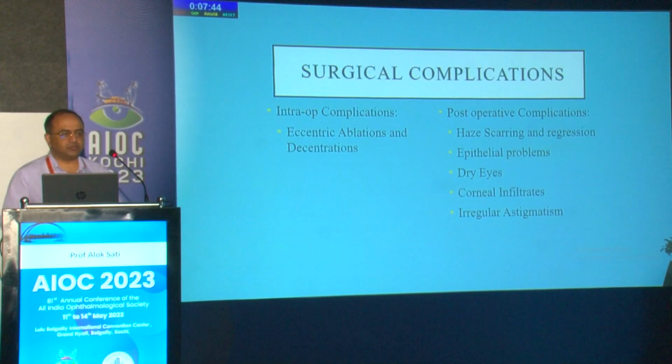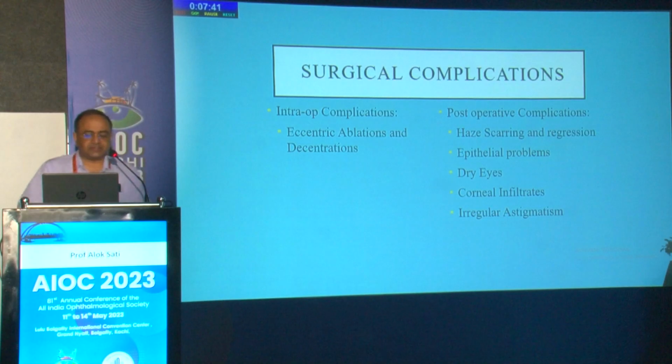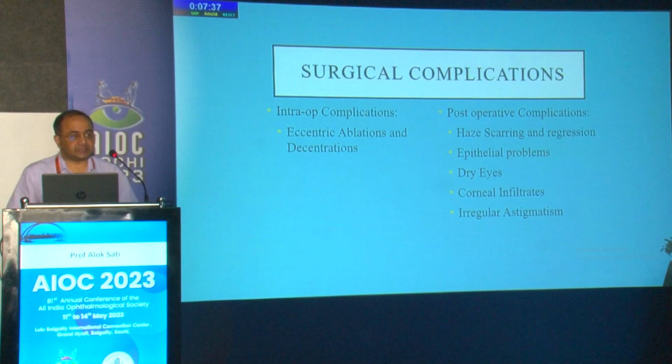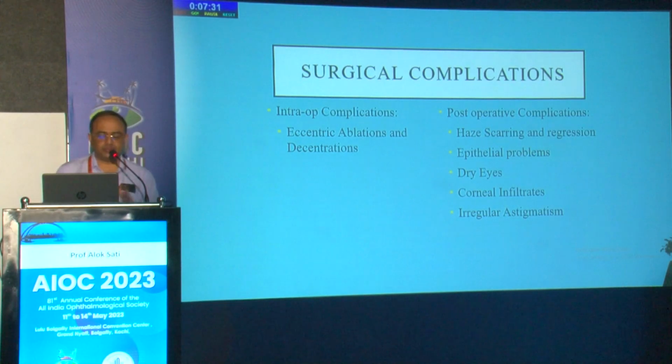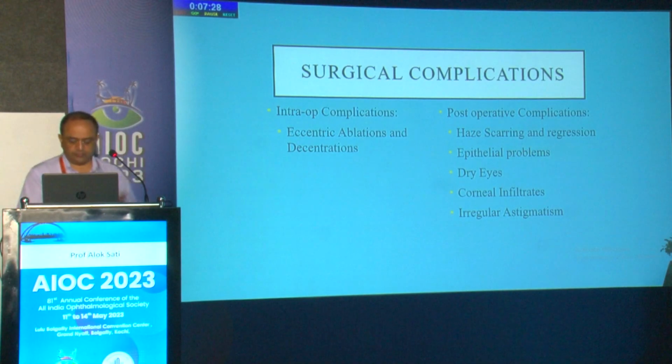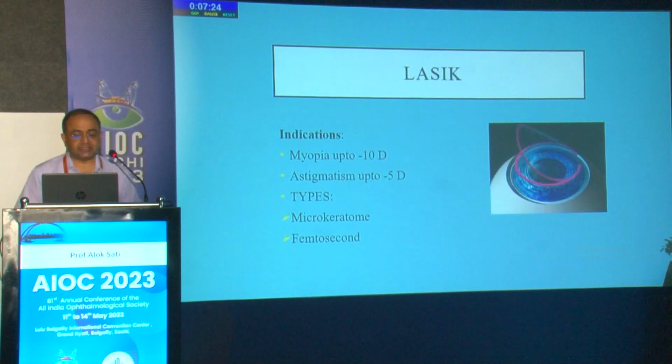What are the issues with the PRK? There are basically two issues. One, the corneal haze, which persists for at least a month. It has been seen in some of the patients. And second, the epithelial healing. And these are the two limitations which provoked the innovators to look into another option, and that's